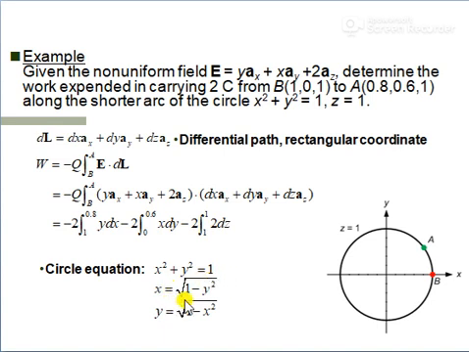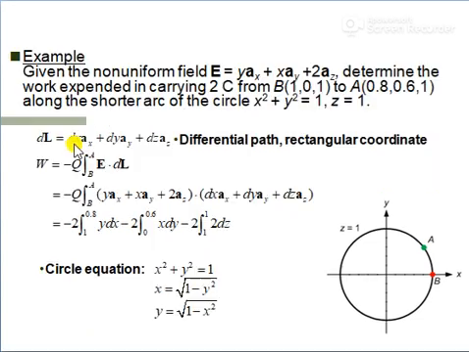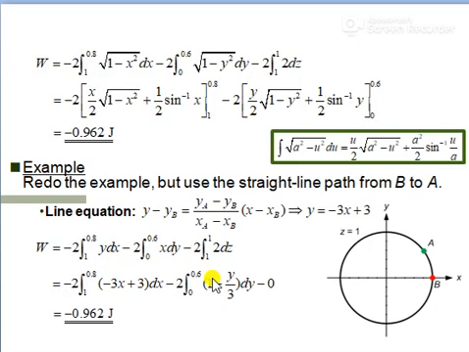The circle equation is x square plus y square is equal to 1. Therefore x is equal to root of 1 minus y square, and y is equal to root of 1 minus x square. So W will be expressed with y written like this because we need to integrate y, so it should be root of 1 minus x square, and if it is x, it is root of 1 minus y square. Here there is no z term, right? So this can be written as the equation: instead of y this is written, instead of x this is written, and z is as it is. Now we can get the value of the integration of this equation.